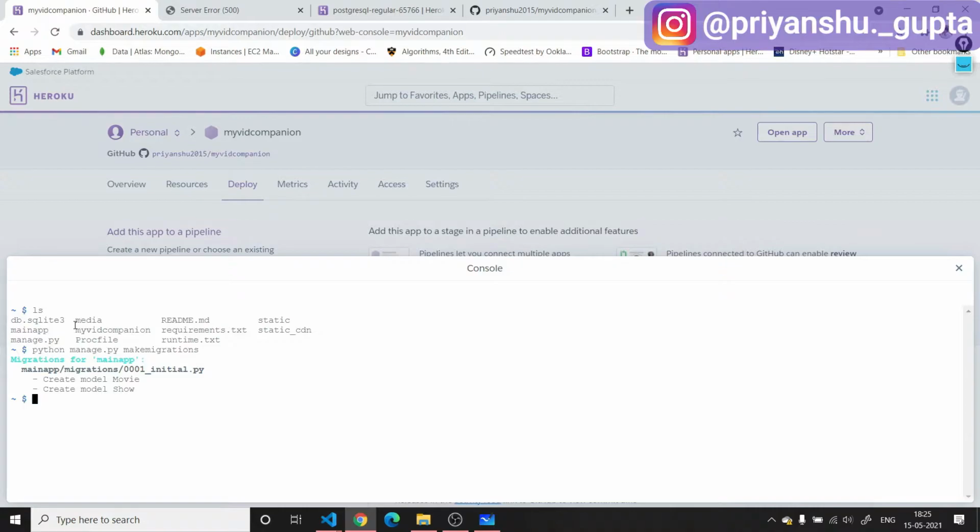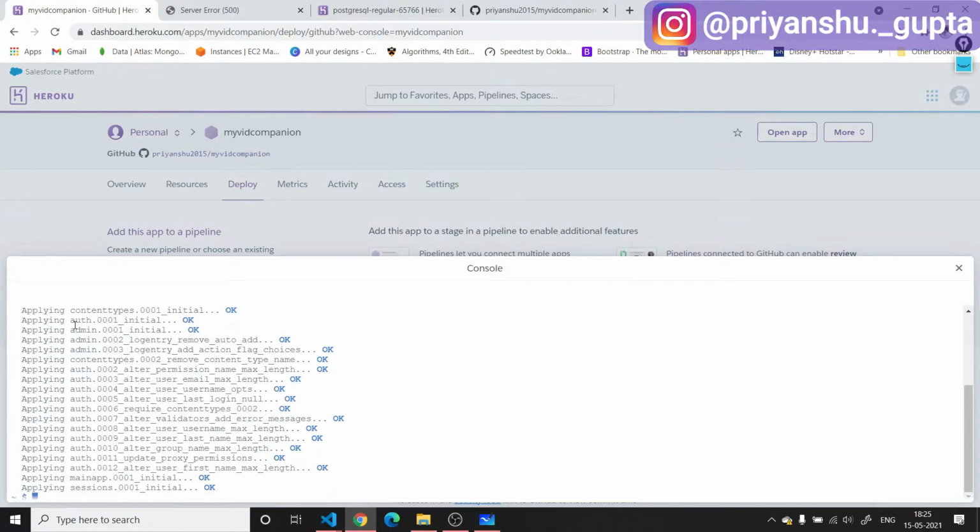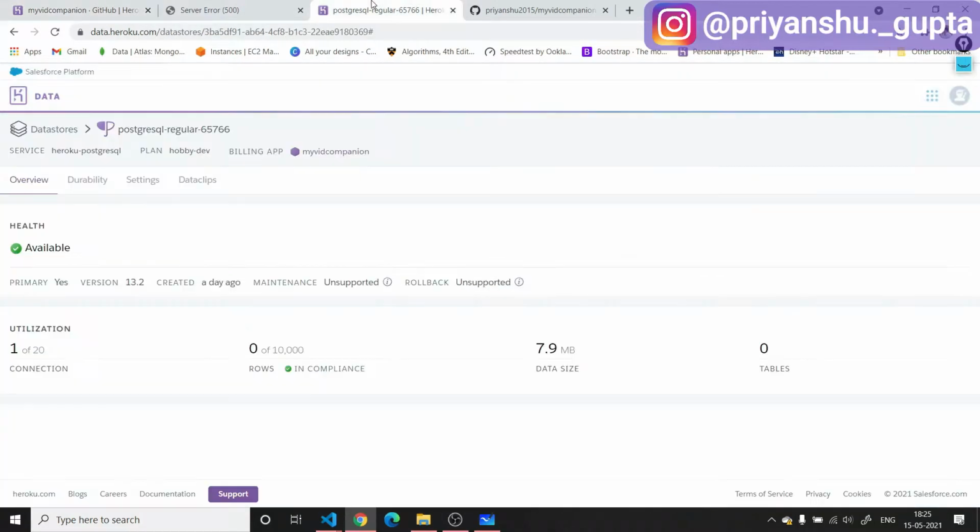Now we will do python manage.py migrate, and then all the migrations will be applied to that new database. And now if I go to this PostgreSQL interface and refresh this page, still there are no tables here.